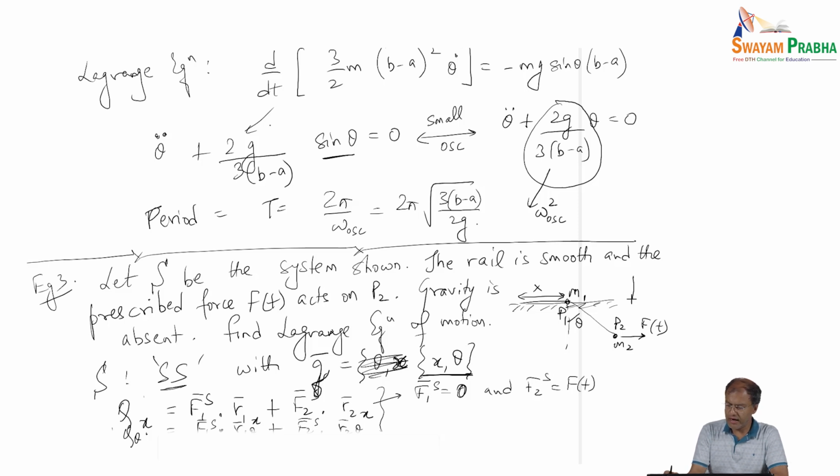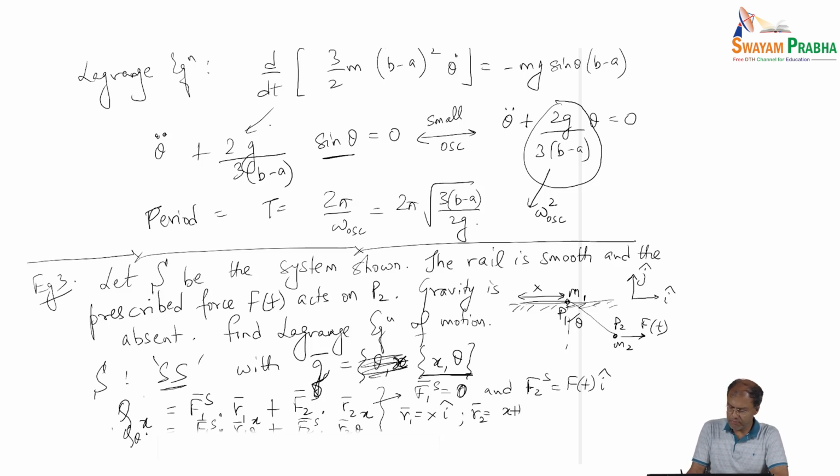Let us say our coordinate is such that the horizontal axis is the x direction and the vertical is the y direction. So this is F of t times i hat, right? So those are my forces, and my position vectors are R1 is x of i, and my R2